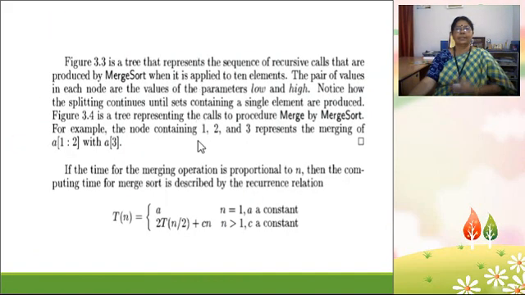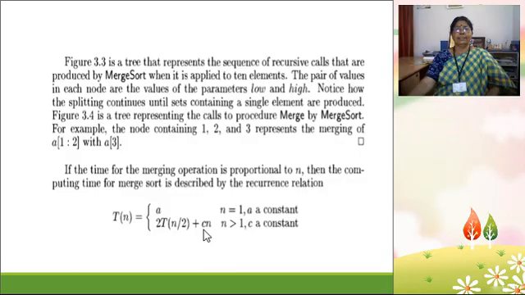So this merge sort, if you look at when you calculate the time complexity, actually the time complexity of merge sort is described by the recurrence relation T of n is equal to a, when n is equal to 1, it is a constant, otherwise it is divided into 2 equal subproblems. So if n is the number of elements in the input array, it will be dividing into 2. So it is 2 times T of n by 2 plus Cn. Here Cn